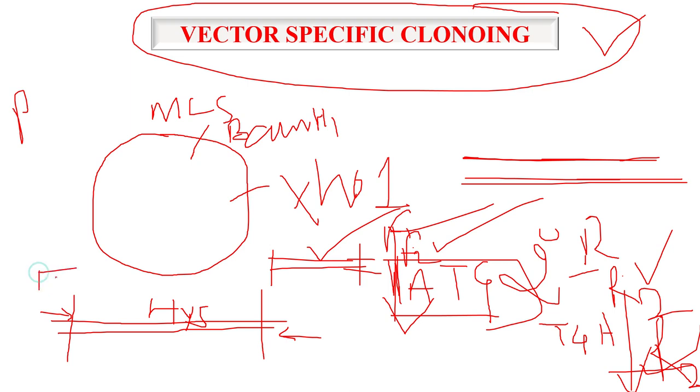Okay, F1 R1. Now this is the ATG start site and this is the stop site. So now you will design another set of primers named F2 and R2, and this is called the flanking primer because you have designed it from inside. This is also called flanking PCR or inverse PCR.